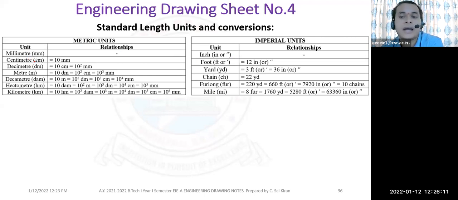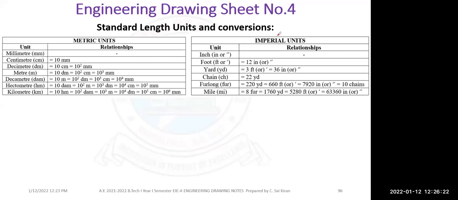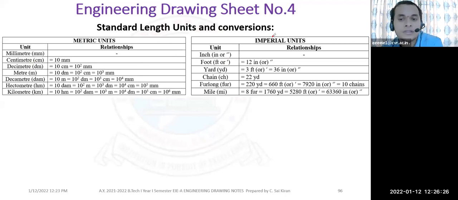Generally, you tell your height in terms of feet and inches. Suppose 5 feet 9 inches, 6 feet 2 inches. You tell the height in terms of feet, in terms of imperial units. Similarly, if you want to measure the distance of a cricket pitch, it is measured in terms of yards. The distance between the two wickets on both ends is measured in yards only, not in terms of centimeters or millimeters,